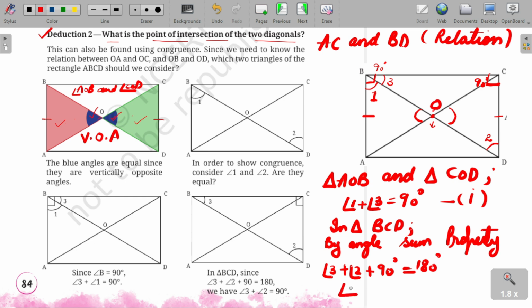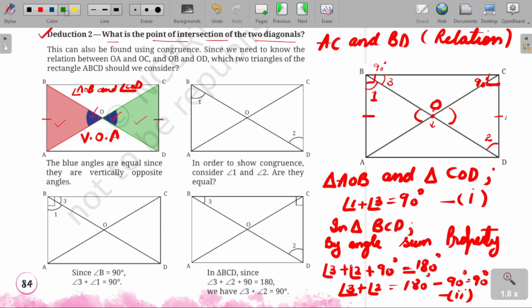From this we are getting angle 3 plus angle 2 is equal to 180 degree minus 90 degree, which is... take it, 0.2. Why am I taking these points as 1 and 2? Because I will use them further in the next pages. Okay, so